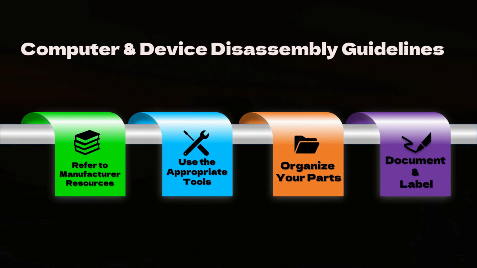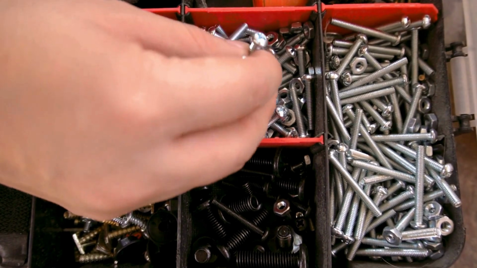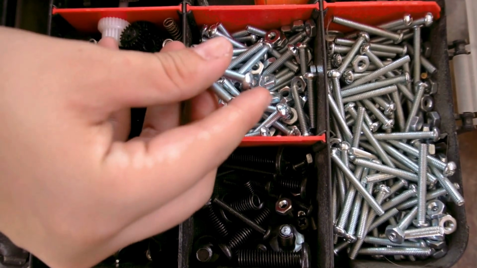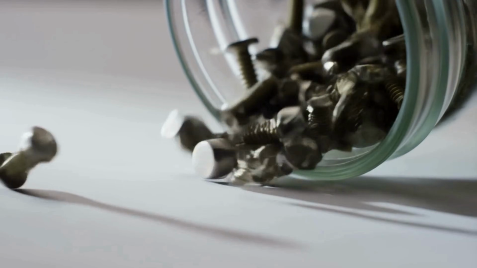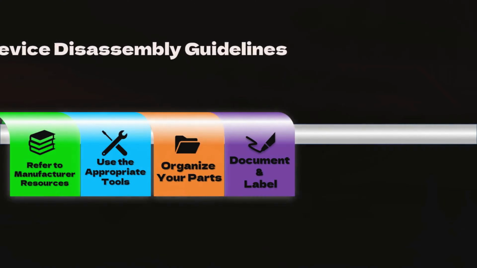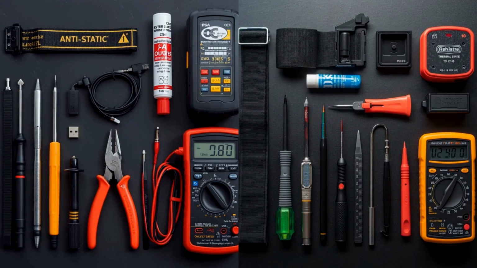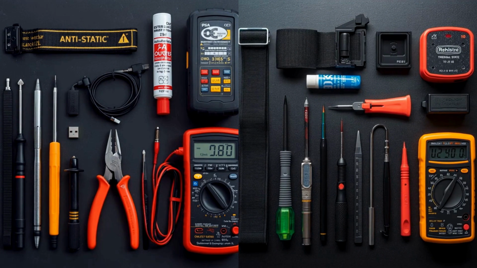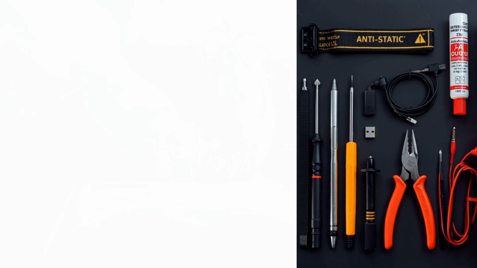Organize your parts. Use small jars or containers to prevent tiny screws or other loose parts from disappearing. Secure lids on the containers so that an inadvertent sweep of the hand doesn't knock the container over, scattering its contents all over the work surface, floor, or both. Use the appropriate tools. The incorrect tool can damage a part. For example, a screwdriver that is too large can strip the head of the screw. Prying off an LGA CPU chip with a flathead screwdriver can ruin the contacts.